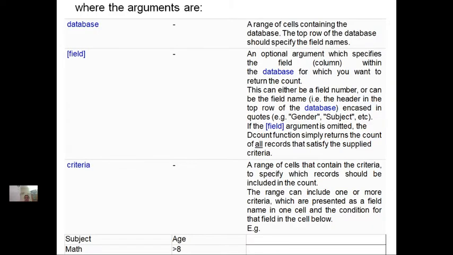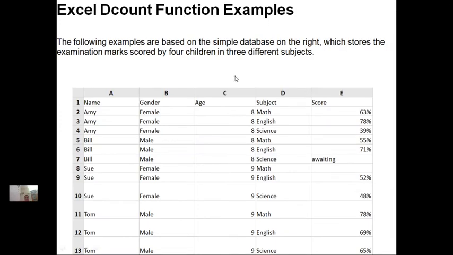Now let us go to the next slide. Here he has taken an example for explaining the DCOUNT function. In this example we have a simple database which stores the examination marks scored by 4 children in 3 different subjects. The names of the students are Amy, Bill, Sue, Tom.